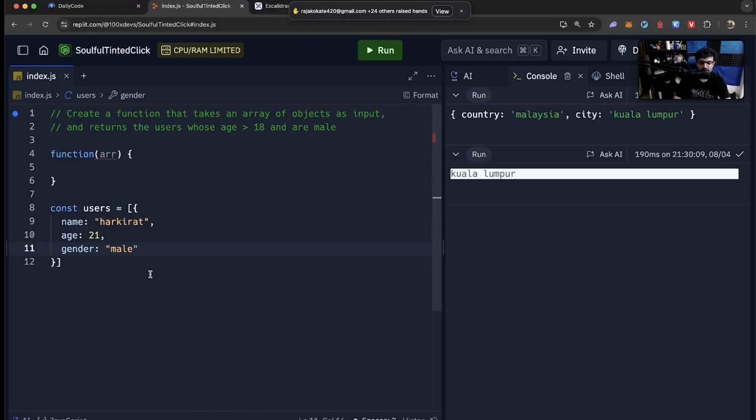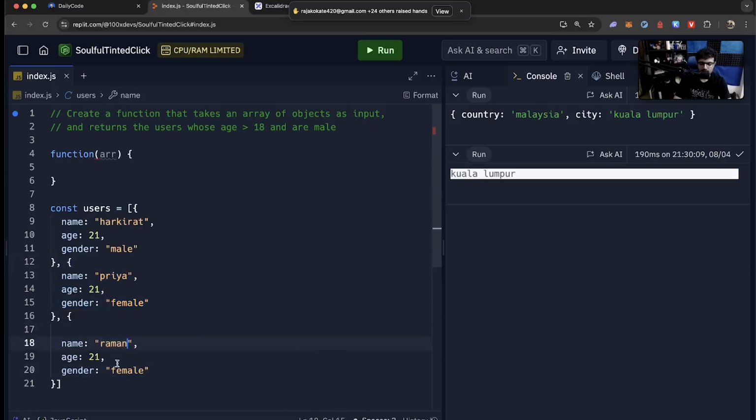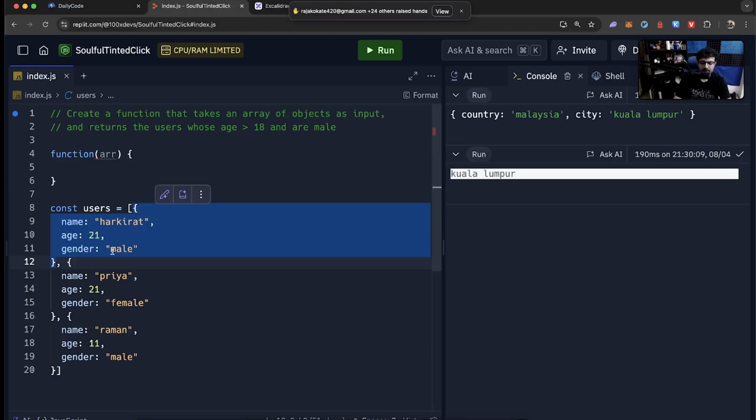So I should be included. I am a male who's 18 plus. And then let's say there's another entry for a female named Priya who's of age, but since they're a female, they shouldn't be returned. And then maybe a third person who is male but is not of age, so on and so forth. So given this input, this should return an array that just has this guy.